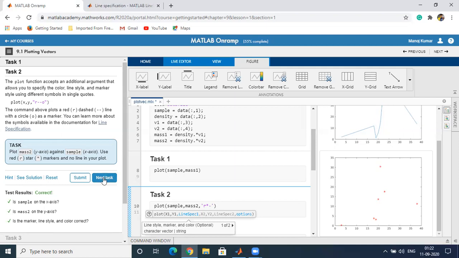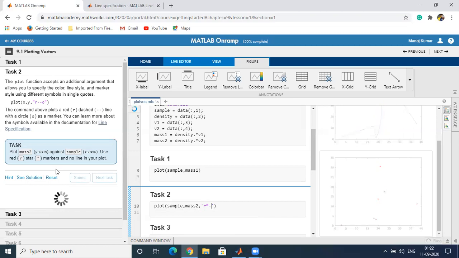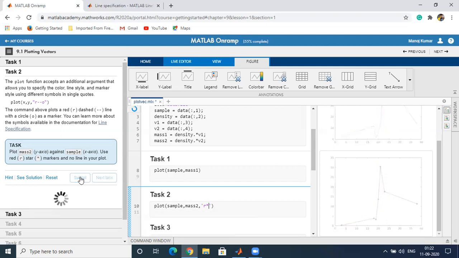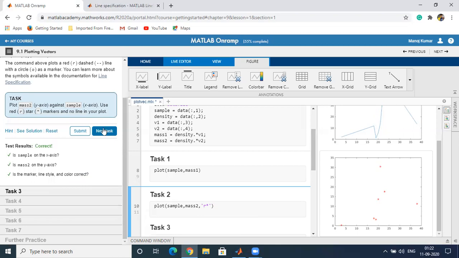It will give the error because we are adding an extra line. So this is the line specification that we have added. Just remove it. Move to the next task.